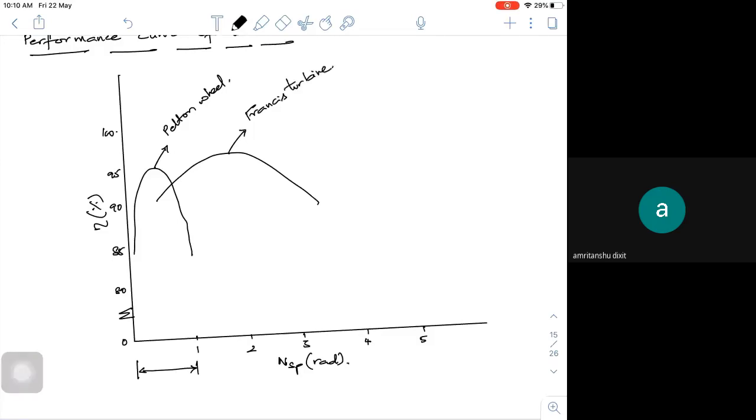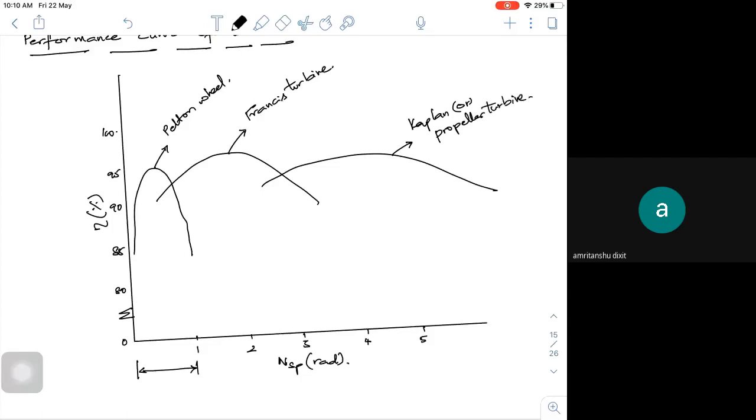Okay. Now what happens to your Kaplan, that is your axial flow turbines, Kaplan or propeller turbines? They have a higher specific speed because they operate at very low head. So their specific speed may start around 2.5. Their efficiencies will be around 90-95% if you look at it. So they will be operating in this range. This is for a Kaplan or a propeller turbine, and they are axial flow.